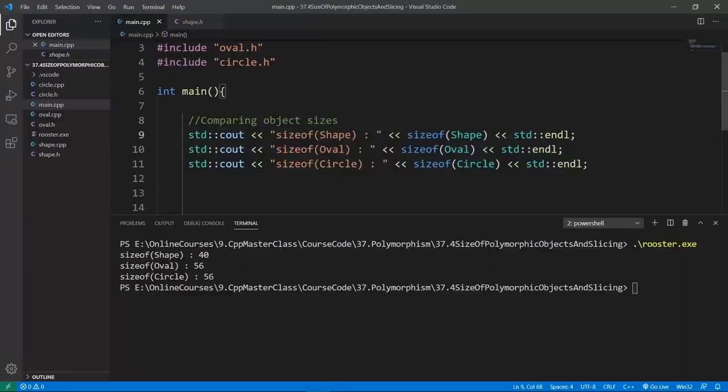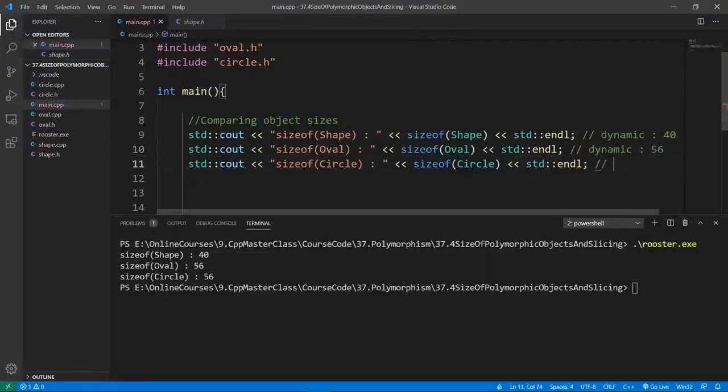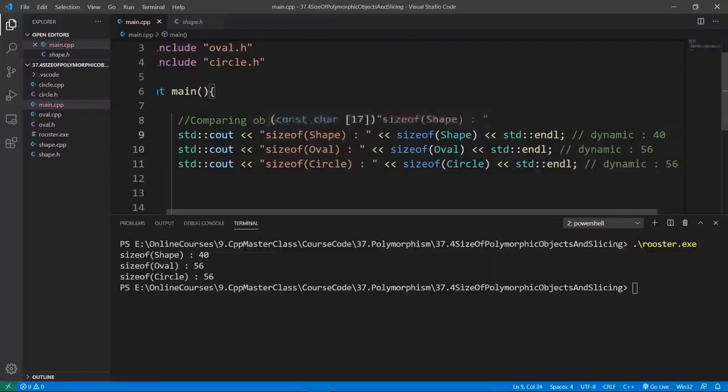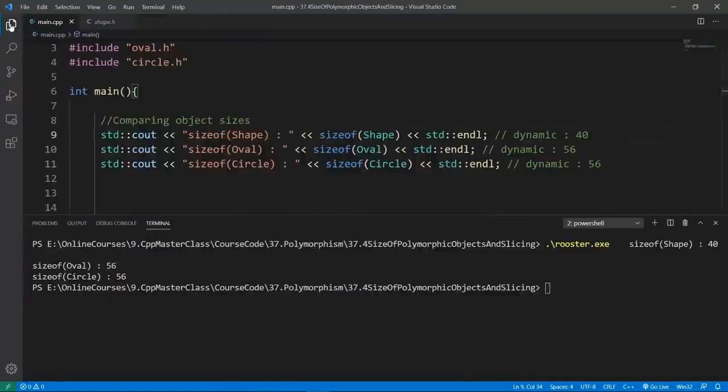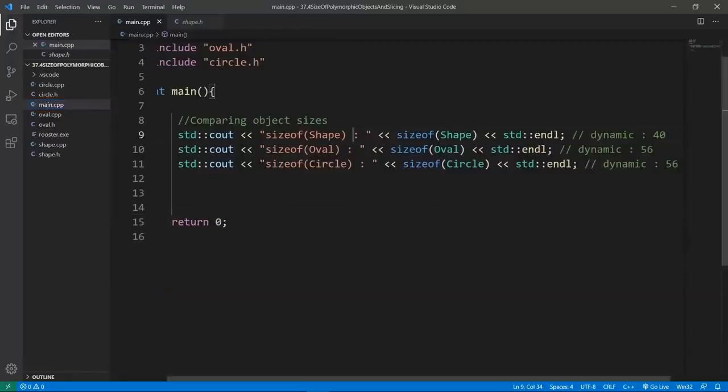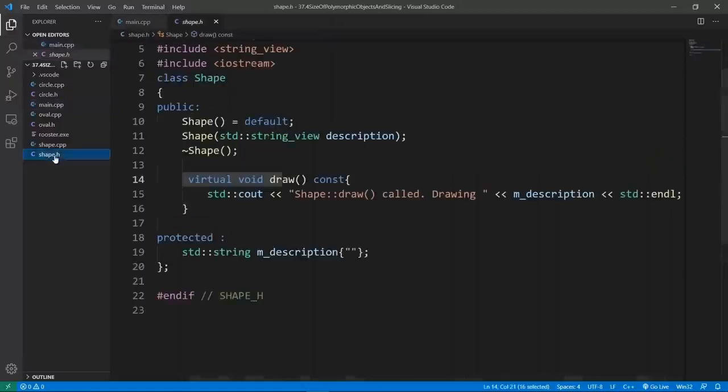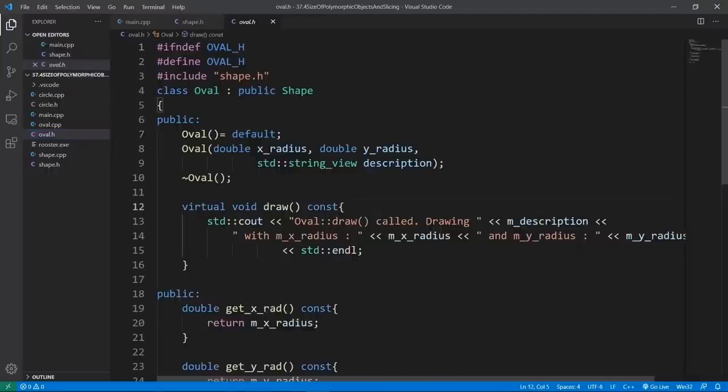So with dynamic polymorphism, it is going to be 40 for the base class, we're going to get 56 for the oval object, and we're going to get 56 for the circle object here. Now, we're going to remove the setup that uses polymorphism, and we're going to see the results that we get. All we need to do is to remove the virtual keyword here. We can comment it out. We can do something like this in shape, and we're going to hop over in oval and comment out the virtual keyword. We can do something like this,